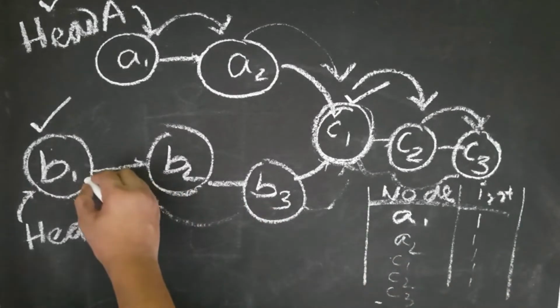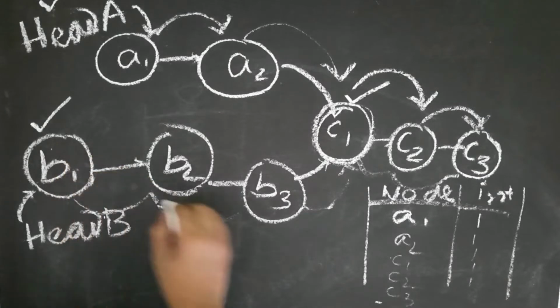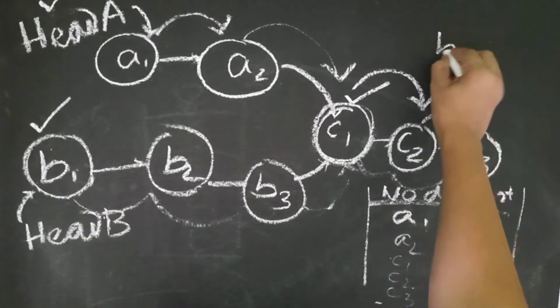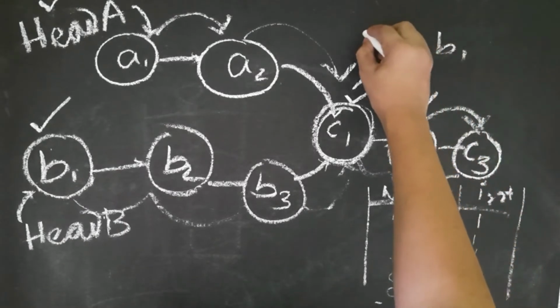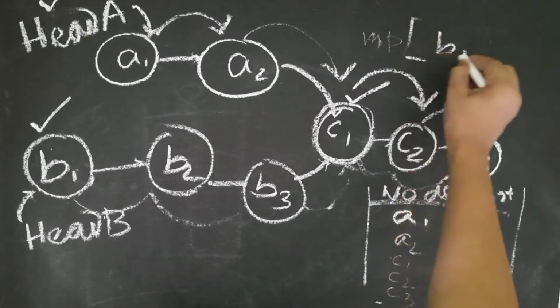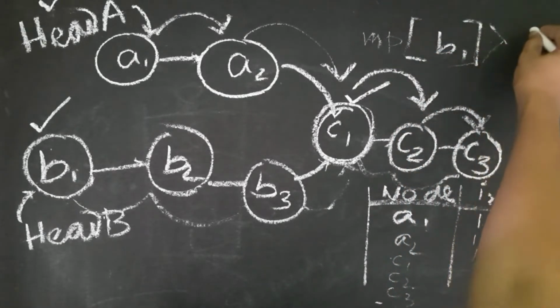And while iterating through head B, we are going to check if B1 is present in the map. If the name of the map is MP,